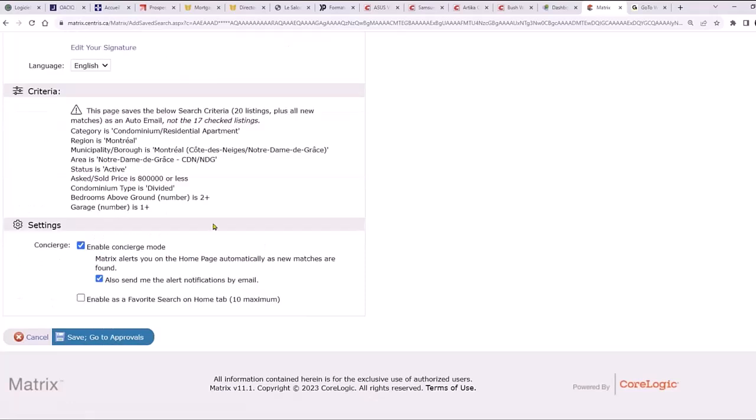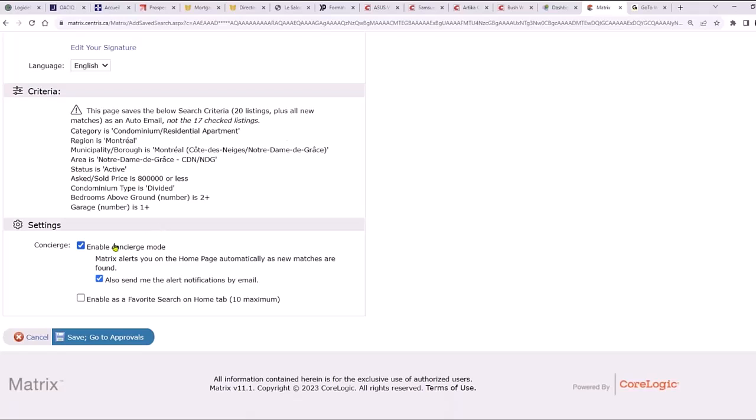And we can enable the concierge mode, right? Because as you can see, the page saves the search criteria, the 20 listings, plus any new matches as an auto email, not the 17 checked listings. So even though I don't want my client to see them, the system is saying, look, if you don't do anything about it, it'll be shown to your client.